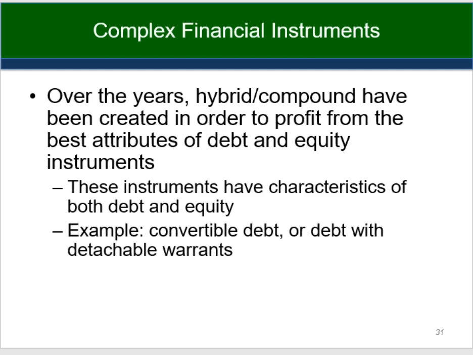In your textbook, illustration 16-5 talks about the details of derivatives involving your issuing your own shares. So if you've written call options, they're treated as equity because the holder has the right to buy a fixed number of shares for a fixed amount of cash. And so it's a fixed for fixed, and there's no contractual obligation to pay cash. You have agreed to issue a fixed number of shares for a fixed payment. So it establishes the equity value at the time of the writing of the call option.